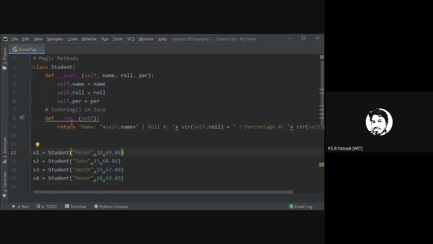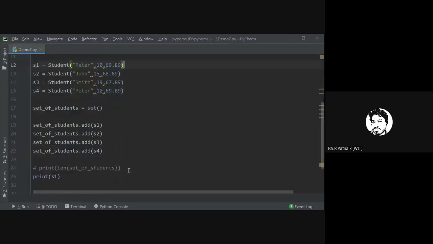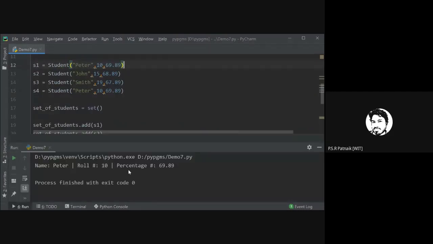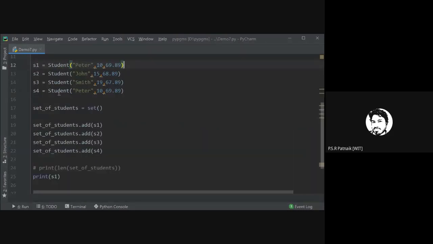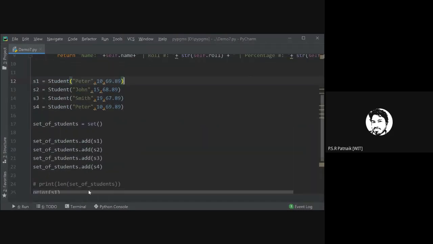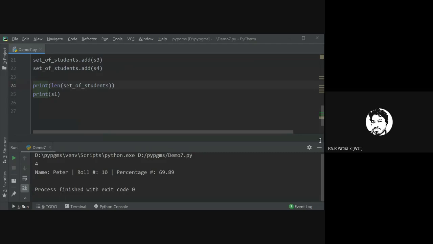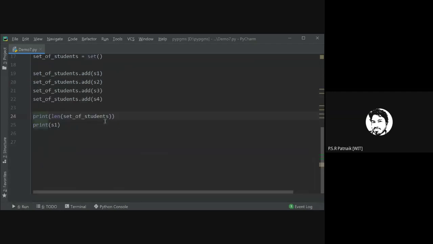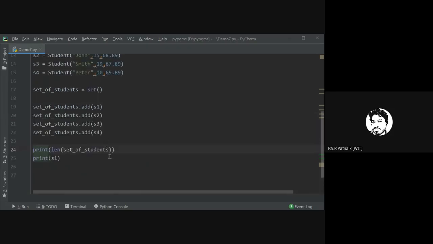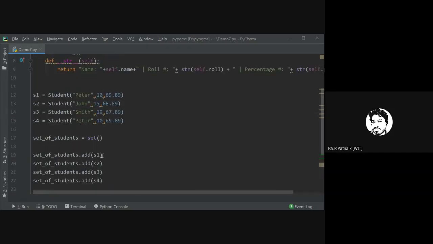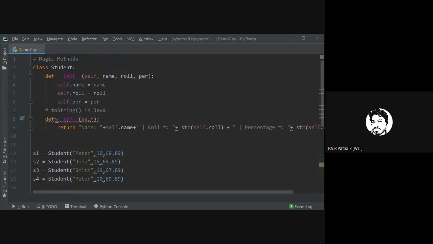So this is str for this. Okay, so now if you execute, you get output. But did we get the solution to our problem, S1, S2, and S4? No. So let me also take the output of this. So 4 and that. We want to make this length of student should be 3, not 4, without modifying something here. Now, as I told you, the str is for string representation.